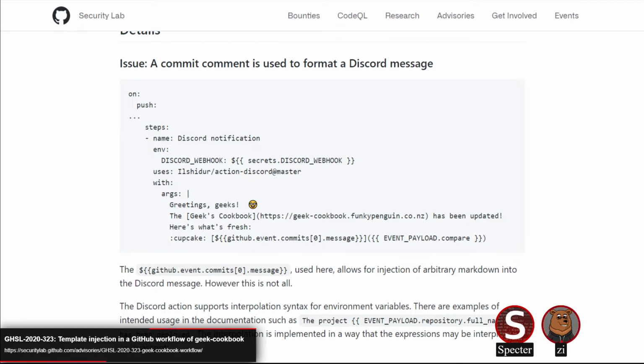Well, I think this would more be compromising the runner itself, perhaps. Not necessarily the repo. I mean, when you get access to the secrets, you probably have access to something for the repository. Yeah, you can leak tokens and stuff like that, potentially. But directly, I think the code execution would be on the runner, so the runner server, container, whatever it's running in.